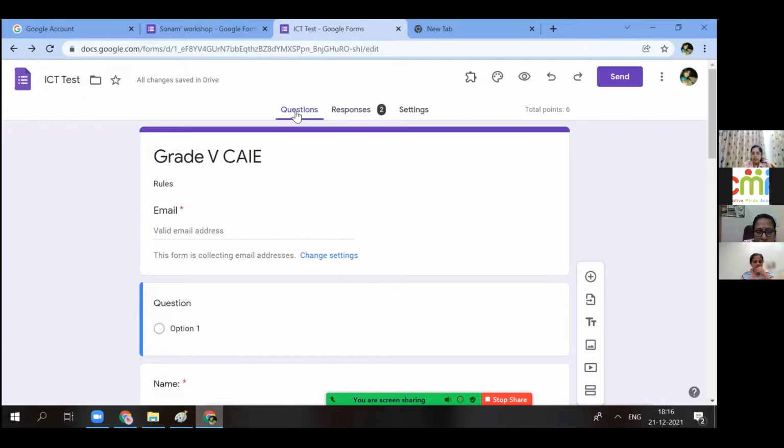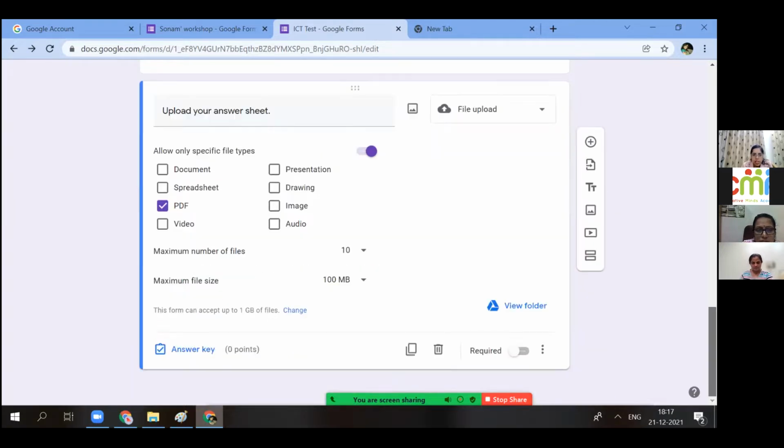Sonam, here it requires a file which we need to add for our answers. Please remove that. I have removed it, but if you refresh your form, all your data will be erased. So right now, if you can attach any file, any image. See, this is the question where I've written upload your answer key. I have made it not required. But if we refresh it now, all your data will be erased.